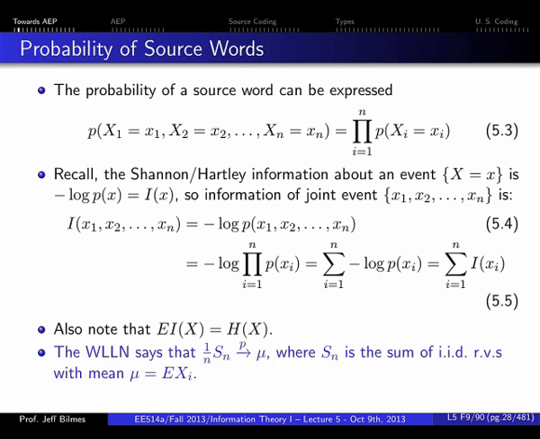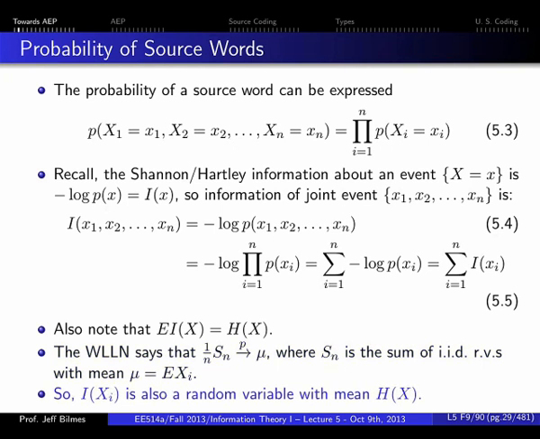The weak law of large numbers says that if we take S_n, which is the sum of a set of random variables, and divide by n, it converges to the mean in probability. Which basically means that the probability of this average deviating from mu by epsilon is bounded above by 1 minus delta, for any epsilon and delta. For any epsilon, we can find a delta where this is true, if n is big enough. It's just the standard limiting argument.